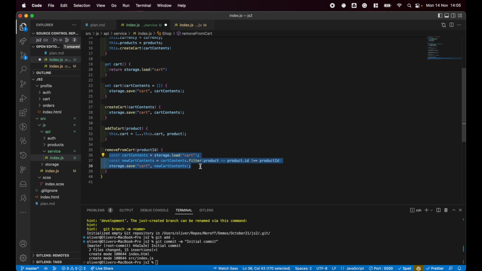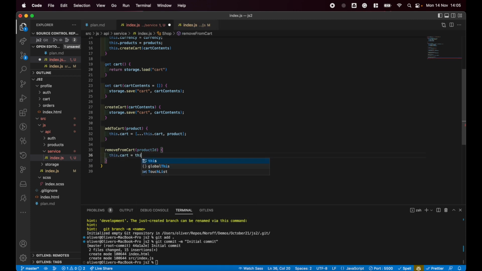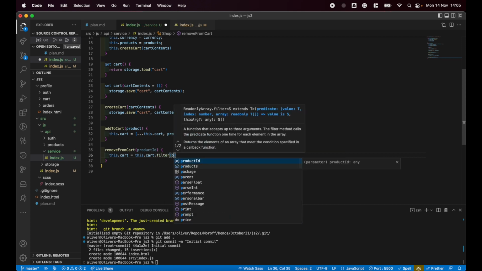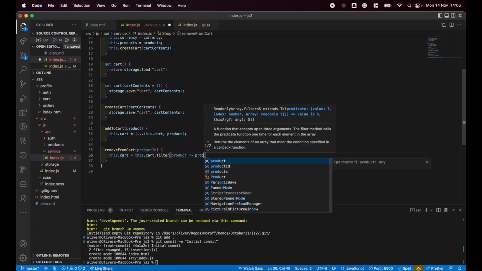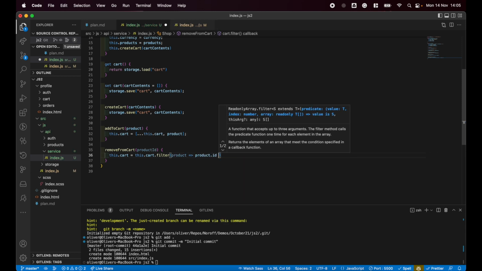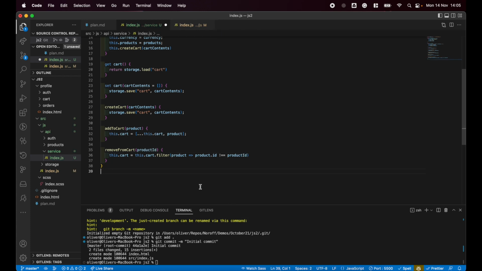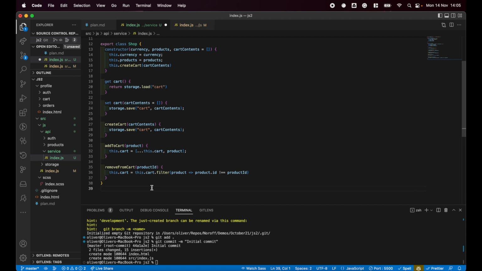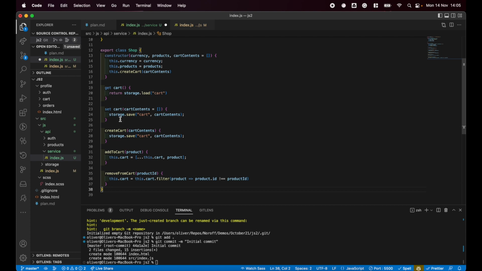When it comes to removing, we want to say this.cart equals this.cart.filter. So this has cut down the number of lines of code we need quite a lot,